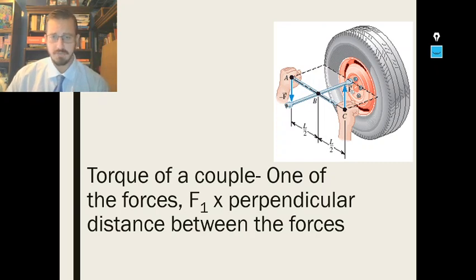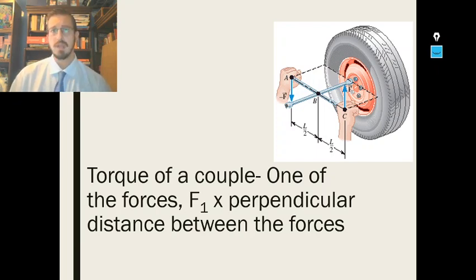One of the forces, F1, times the perpendicular distance between the forces, okay? So if we just thought about moment, it would be that force times the distance to the pivot, sort of being at point B there in the center. So we really do have mathematically the same kind of thing between the torque of a couple and the moment of a force. We're just going to examine situations where there are two forces acting a perpendicular distance away. And so just consider this definition here on this slide, that when we consider the